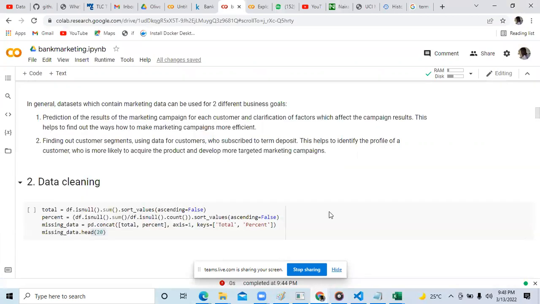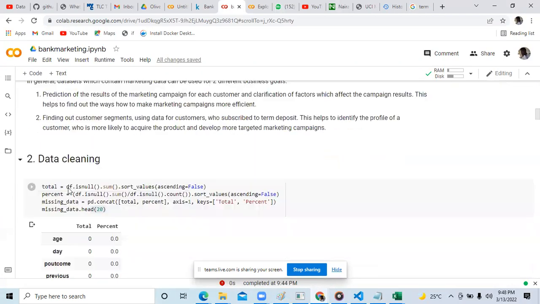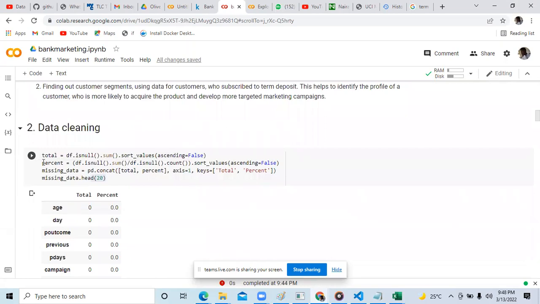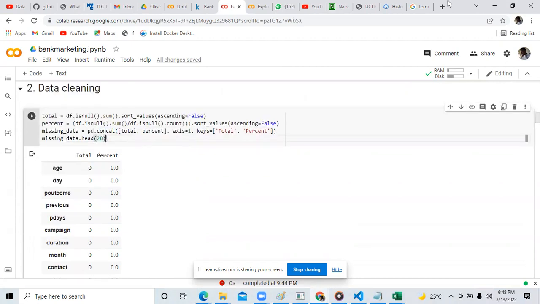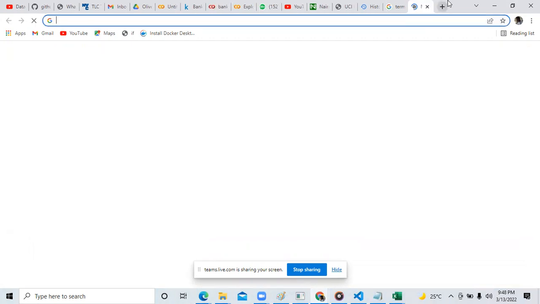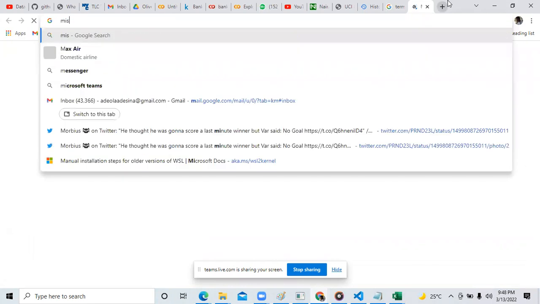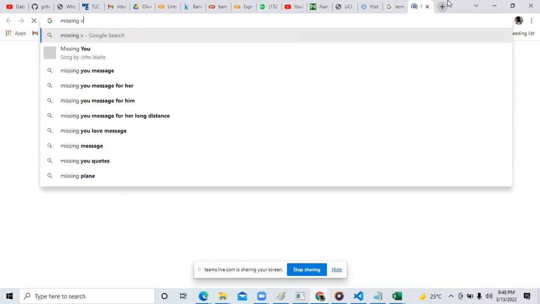So let's go back. This is the code to find out which data set is clean or not. There are more than 5 different ways of checking data cleaning in Python, and you'll find a lot of them online. As I've told you, the code is not very important for me. If you Google missing values in pandas,